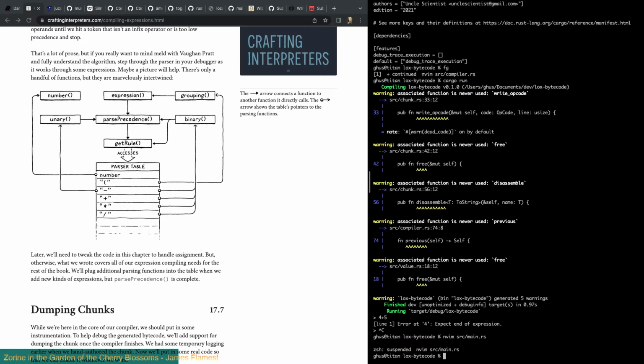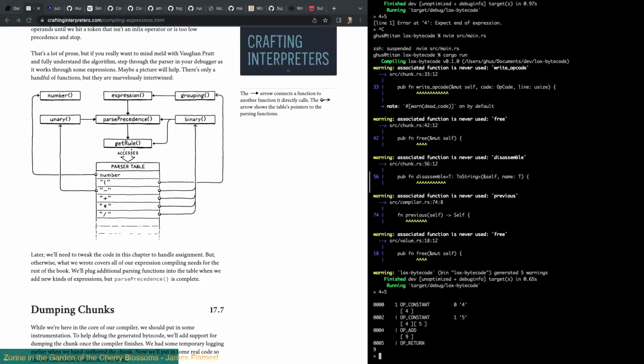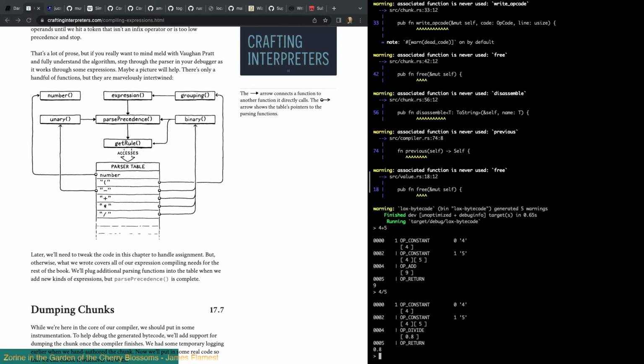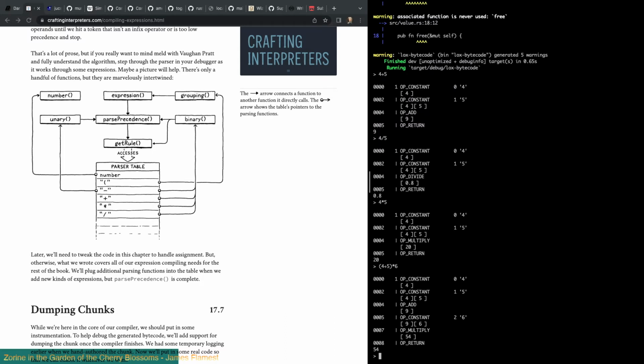All right, let's see if this runs. Oh, look at that. Four and 5 add 9, so that works. Whoa! Did this just all work? 4 divided by 5, 0.8. 4 times 5, 20. 4 plus 5 times 6, 54. 4 plus 5 times 6